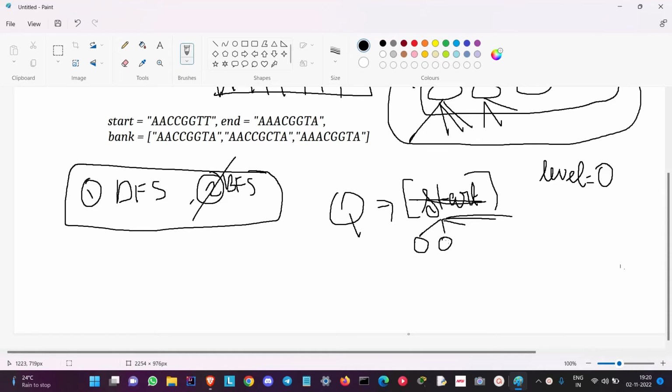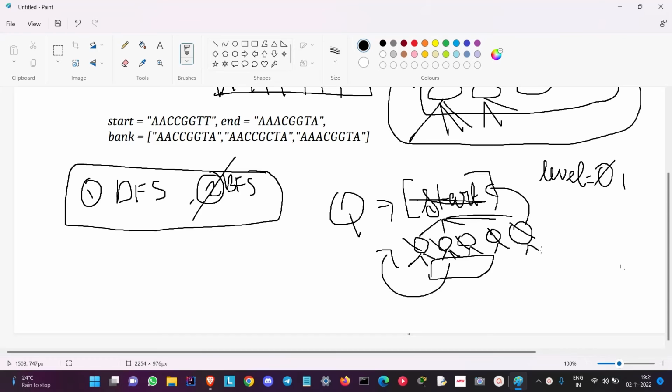So we'll add them up into our queue, and we'll add all the possible ways, and we'll continue. When we are continuing to the next level, we'll increment the level by 1. In this level again we'll repeat the process and add the valid mutations. So we'll add them, and finally when we reach the end,